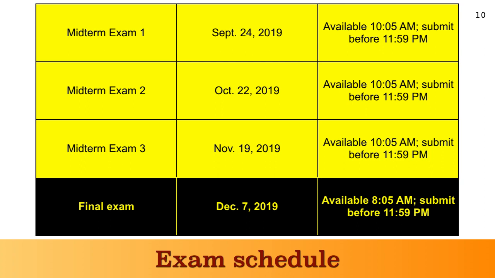The other 3 days for the midterms, those are Tuesdays. The final is going to be on Saturday of exam week, and that's the university free period. So hopefully everybody will have time for it then. And for the availability of the midterms, usually I start at about 10 o'clock in the morning, and then you have to submit it by midnight. So that's about 14 hours, and that should be plenty of time for everybody to get in